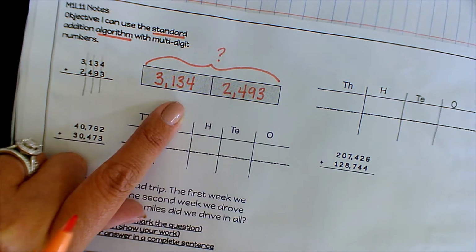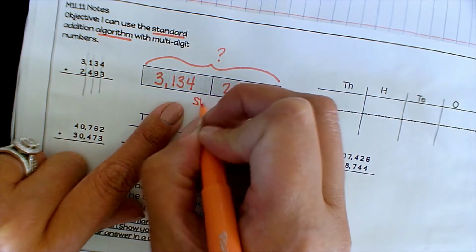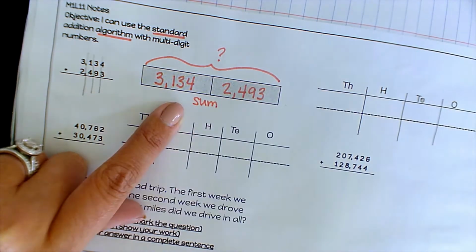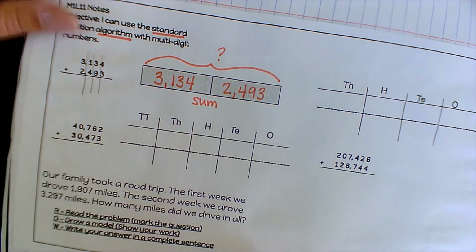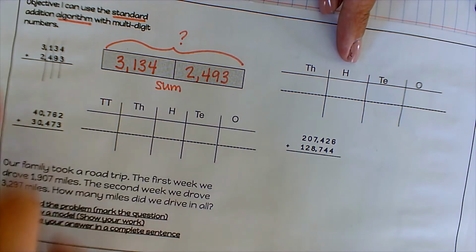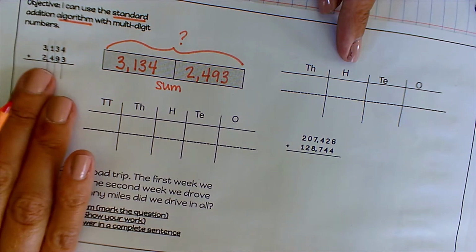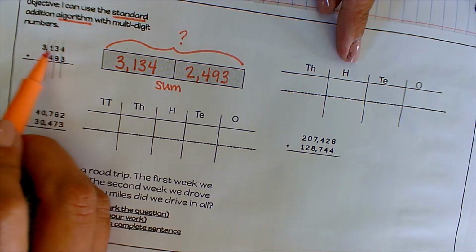Now I know that if this part is added together with this part, I get my whole answer, and that's called the sum when I'm adding. So let's write that word underneath our tape diagram. The sum is the answer to an addition problem. Now you'll also see that we have a place value chart. So we're going to use our place value chart on this one, and we're going to create and use our numbers over here and draw each one of them into our place value chart. So let's start with our top number of